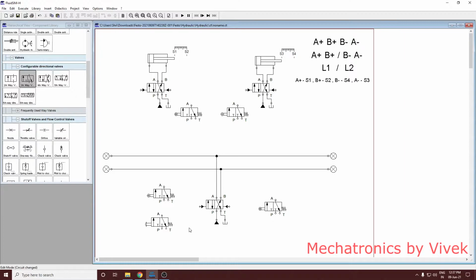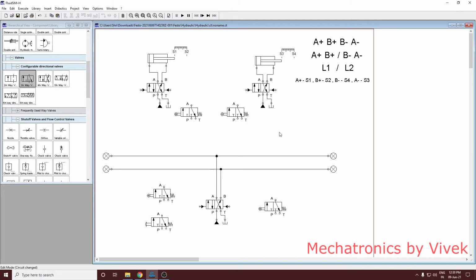Basically, if you develop a pneumatic or hydraulic circuit, what are the various parts of that circuit? You need to have energy supply elements or the input elements, which in case of hydraulics is the power pack, and in case of pneumatics is the compressor, and pneumatics will probably also need an FRL unit. You can show this in this circuit.